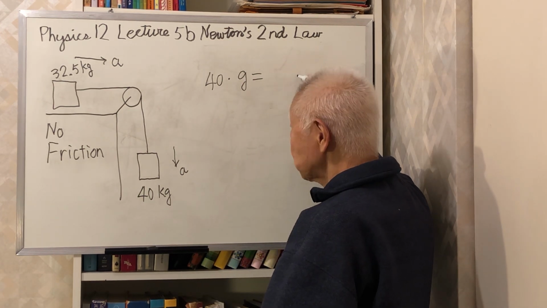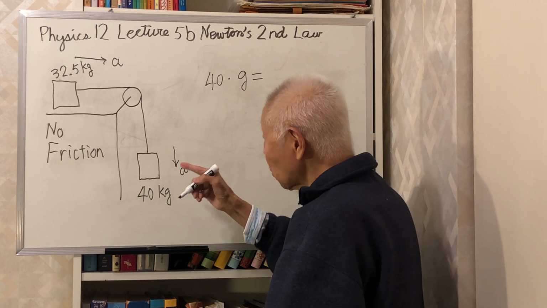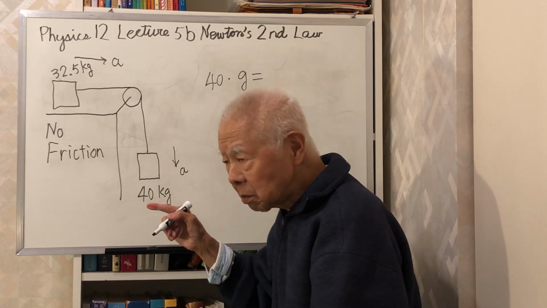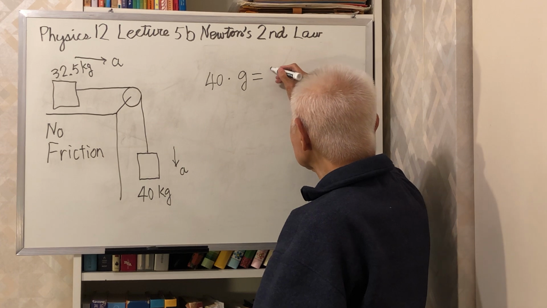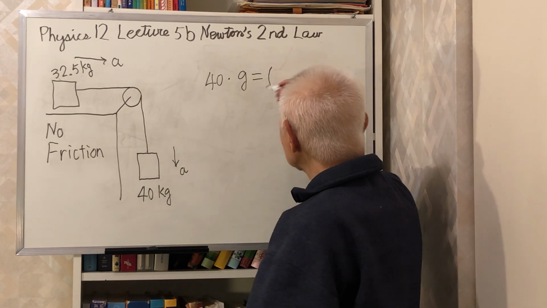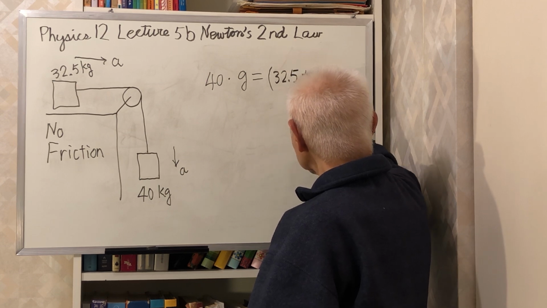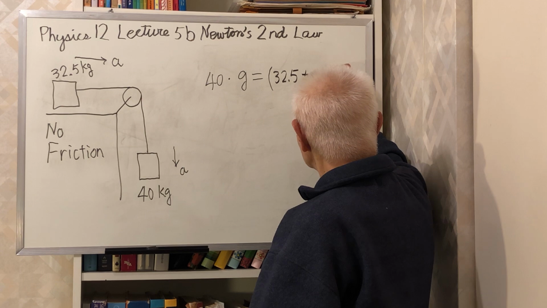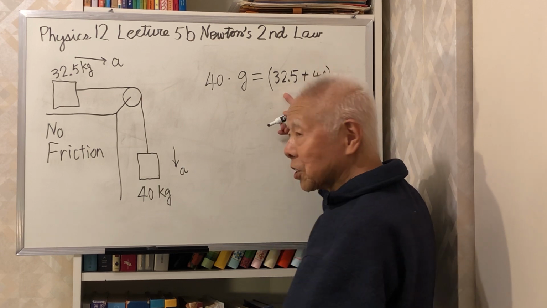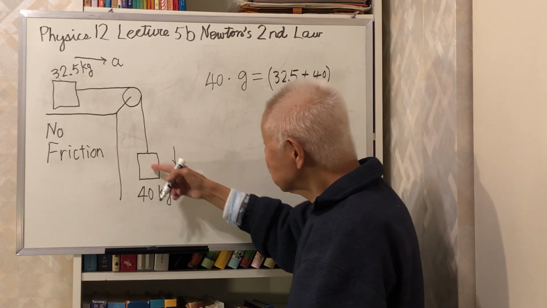Mass times acceleration. What is the mass of the system? 32.5 plus 40. That's the mass of the system